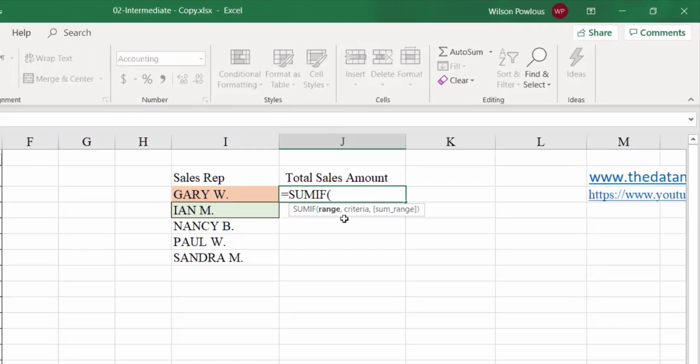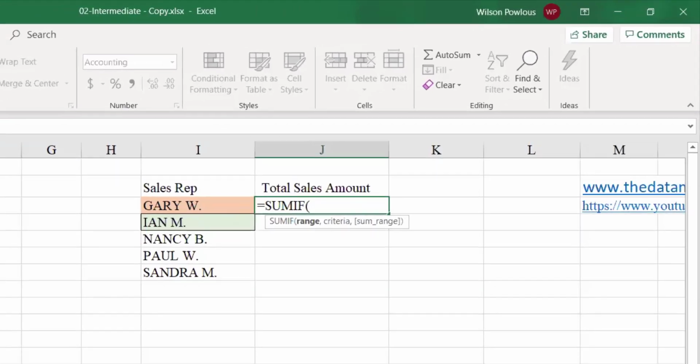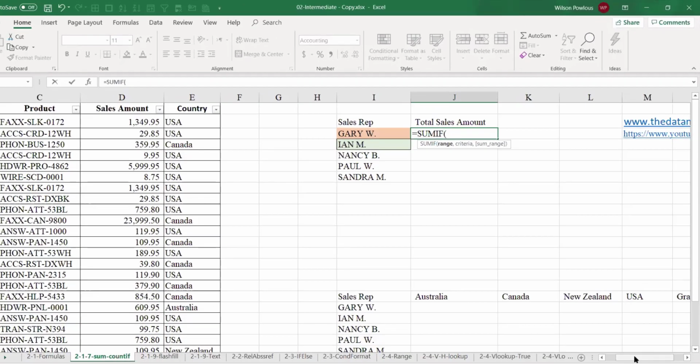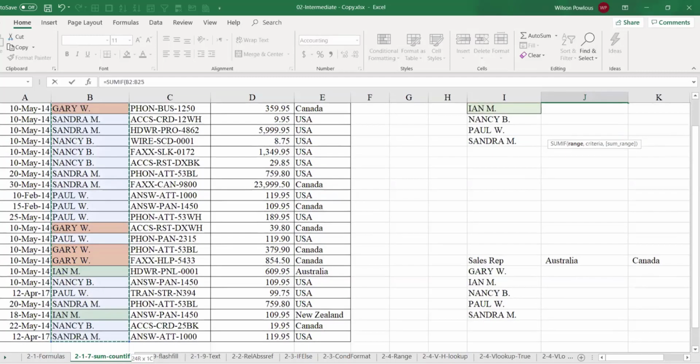Here it says the range. Suppose I want to know the sales representative total. The sales rep is in this column, so the range is from here to here. This is the range.